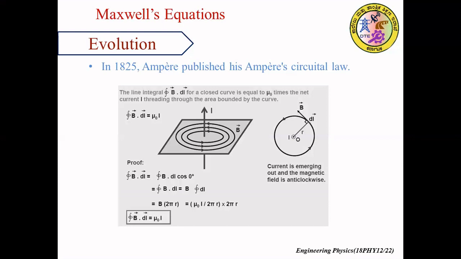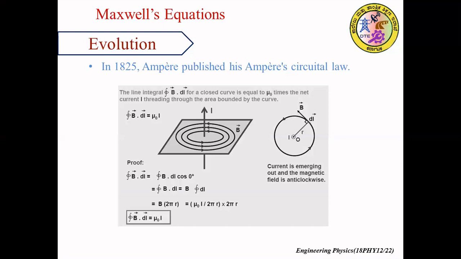I is the strength of the current flowing in the conductor. The total magnetic field generated can be described in terms of the line integral as integral of B dot dl, where B is the magnetic field intensity at any point on the loop. You can refer to the second diagram here.